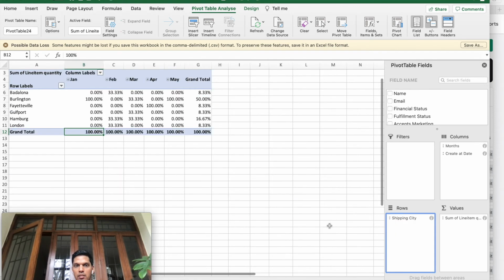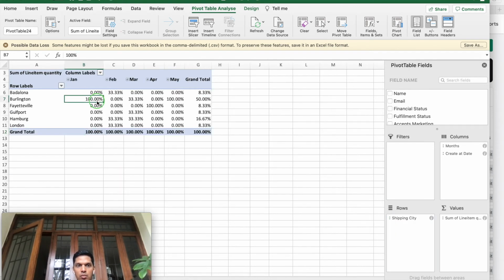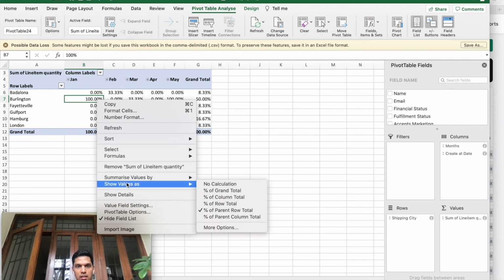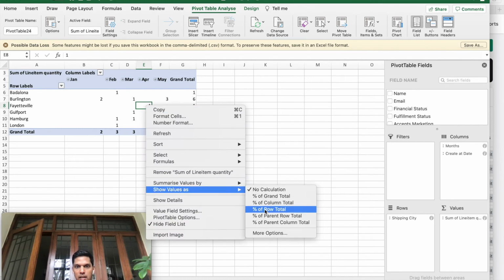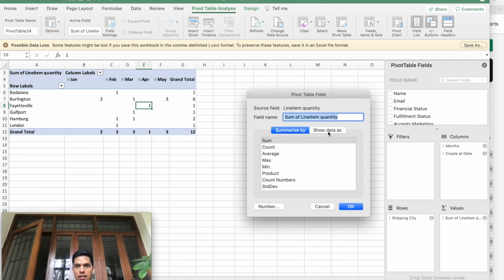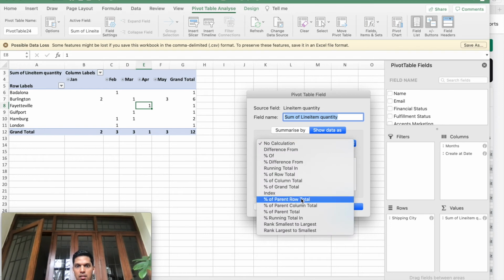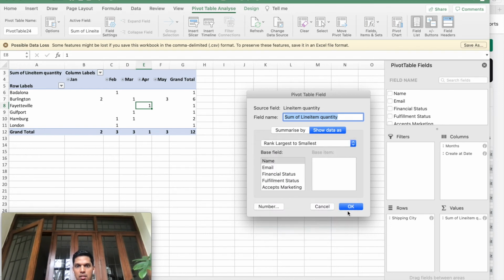So I've removed line items over here, and I'm also going to remove the percentages. I've removed the percentages. And now if you go back and rank them from largest to smallest, you've got to choose the shipping city.